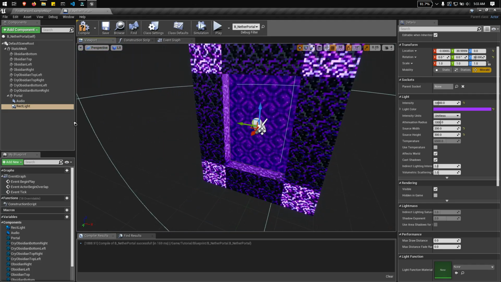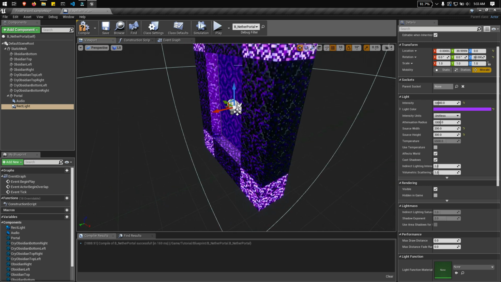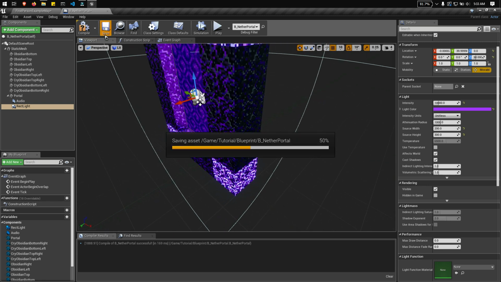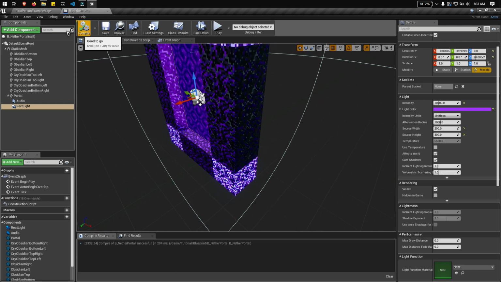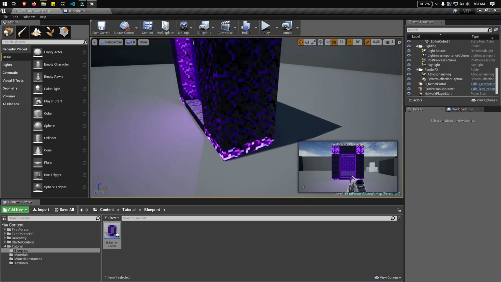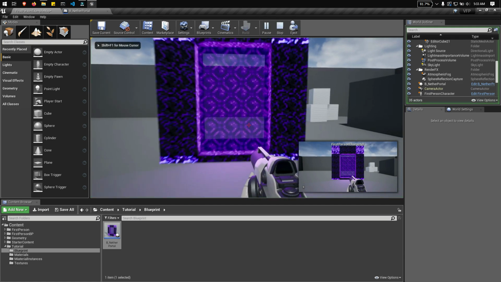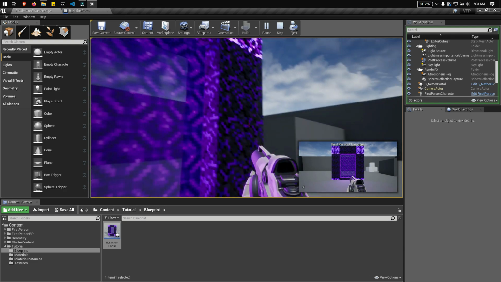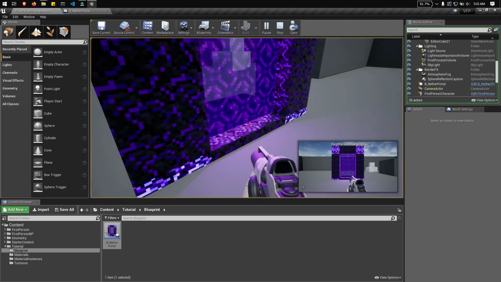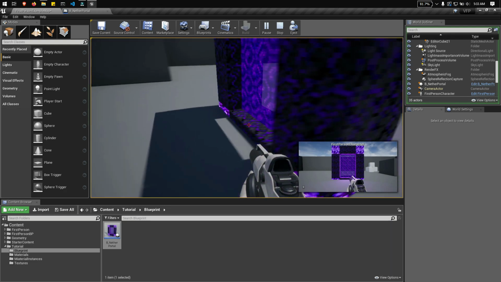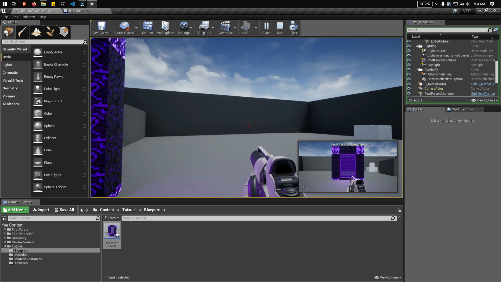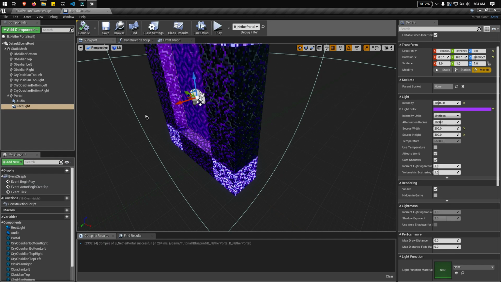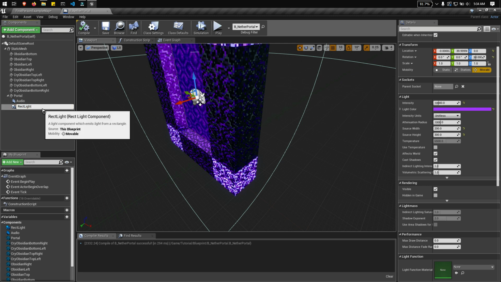I think it's better now. Let's check the level. Okay, you see there is a brightness now in our portal. We only put the rectangle light in front, but not in the back. Let's add another one in the back. Let's rename this rectangle light as front.